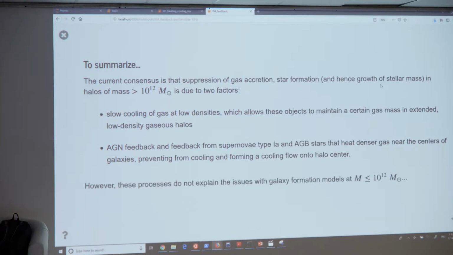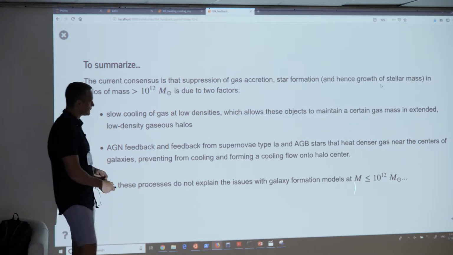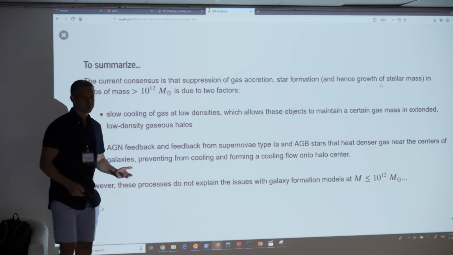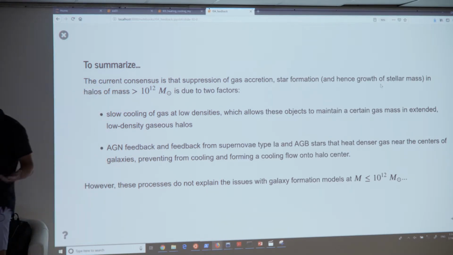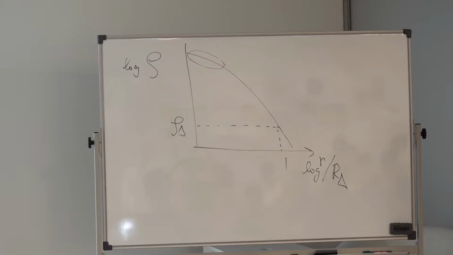Okay, hopefully clear. However, as I said, this is all for massive objects, but at small masses this is not enough, because a hot halo does not develop in the first place. So here we were talking about what process is required to prevent gas cooling from the inner part of the halo, but there's nothing to prevent if there's no hot halo at all, if gas just free falls into the